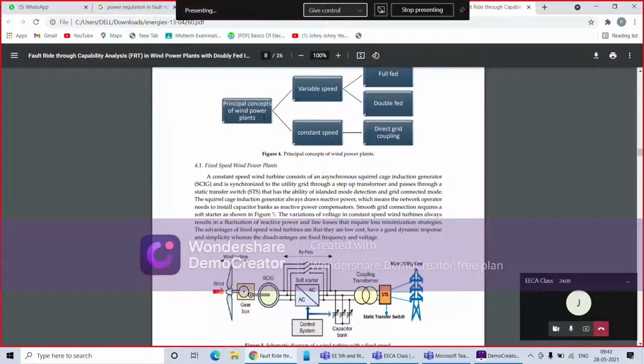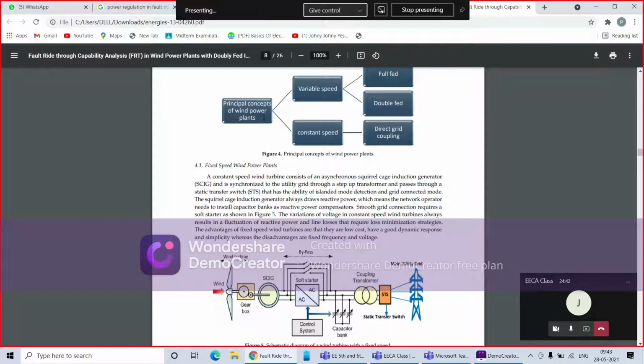You all must have read about induction machines, and an induction machine could be of two types, no? Squirrel cage and wound rotor type. So what happens in squirrel cage? The winding is there in the rotor, and it is short circuited. So you can't add external resistance in the case of a squirrel cage induction motor, but in the wound type you can add external resistance through slip rings. Okay, so where were we? We were talking about the constant speed turbine.